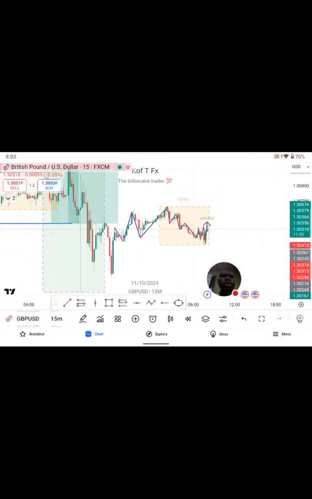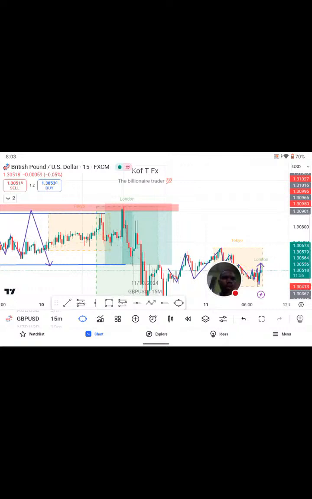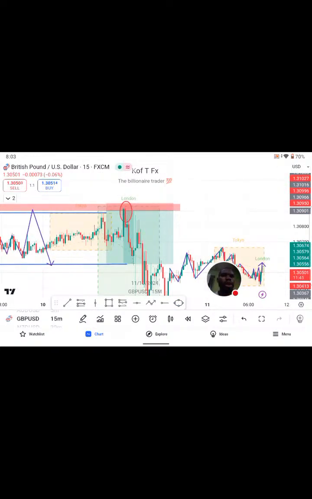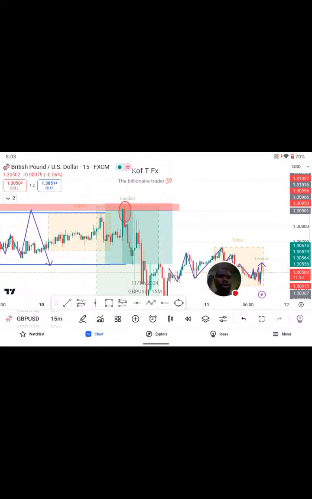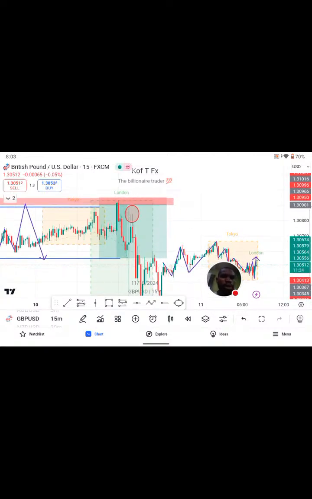So this is the last point of mitigation. It is a strong high because it grabbed liquidity towards the high and broke a structure. Oh, sorry. This is the last point of mitigation. Yeah, that's the last point of mitigation because after the external liquidity was grabbed, price went up